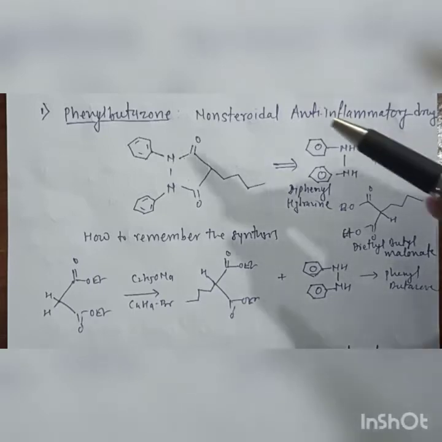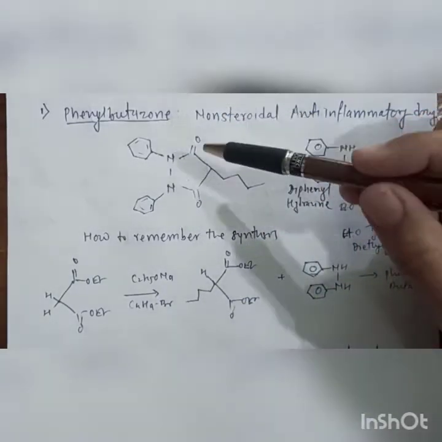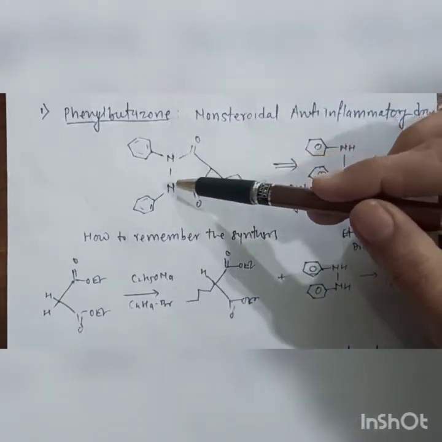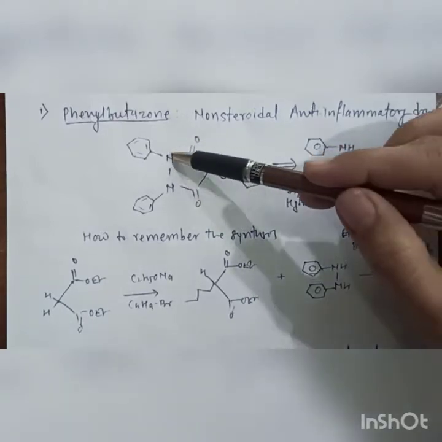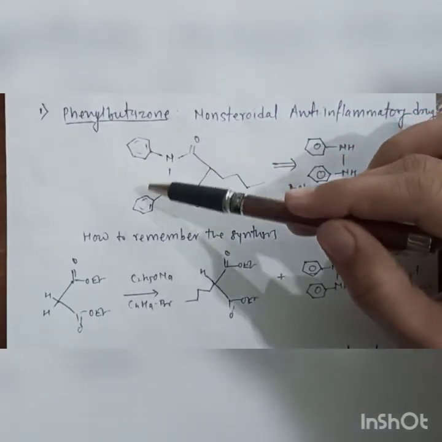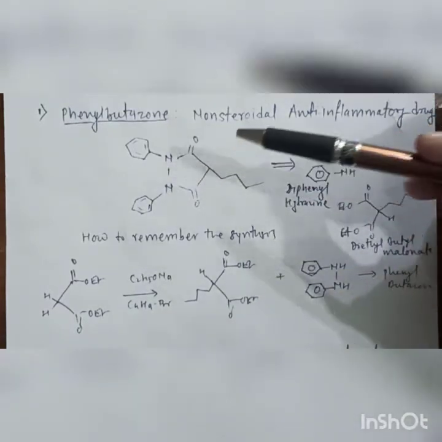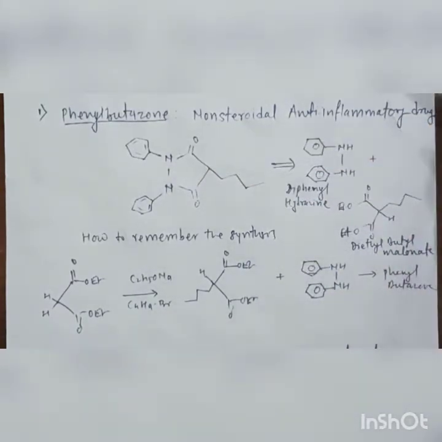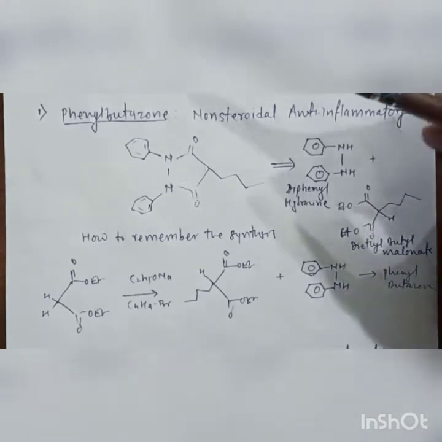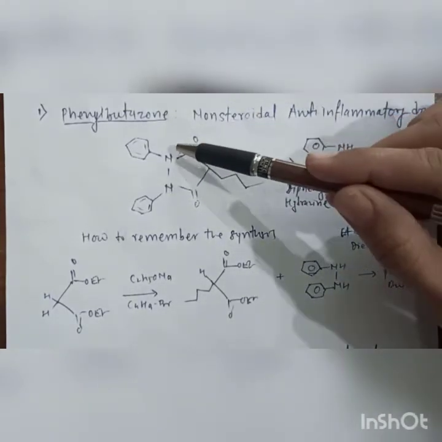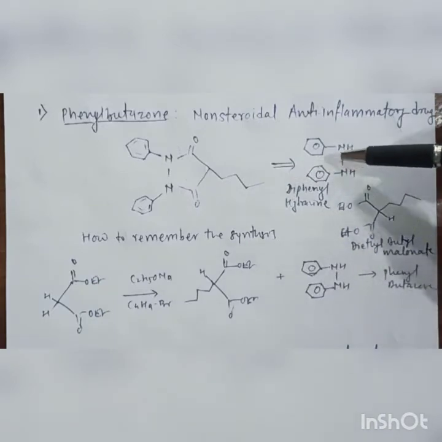So this is the structure of phenylbutazone. You see here there is a 5-membered ring containing 2 nitrogen atoms which are bonded. 2 phenyl rings are attached, one to each nitrogen, and then on the 5-membered ring a butyl group is a substituent. Now if you look at the symmetry of this phenylbutazone, if you disconnect these 2 bonds, you will get